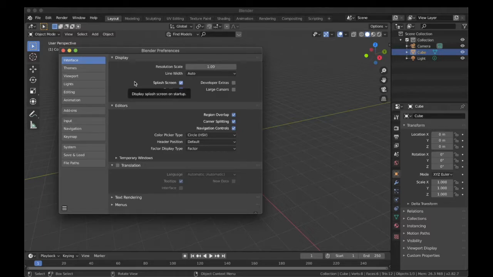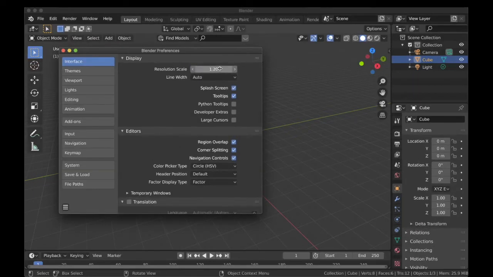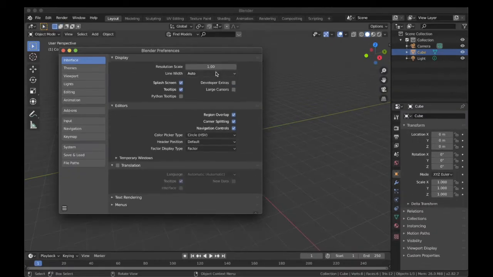The most important feature within this setting is the Display setting, under which the Resolution Scale is the most important one. Resolution Scale for now has been set to 1, which means all the text and the icons which you are seeing are in the 1:1 scale in which it was set to be. Now if you want better accessibility, you can change it to a larger scale. To do that, go into the Resolution Scale setting, click over there and type, say, 1.2 for example. Instantly you will see all the icons enlarged and you will get better accessibility if you want. For now I'll keep it at 1.